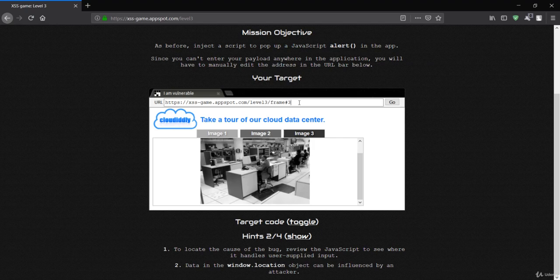I have to say something like onerror, which is the event that will be called when there is some error. If it's an error, I want to give the alert of XSS, something like this, and I want to close this one, the XSS, and close this field.